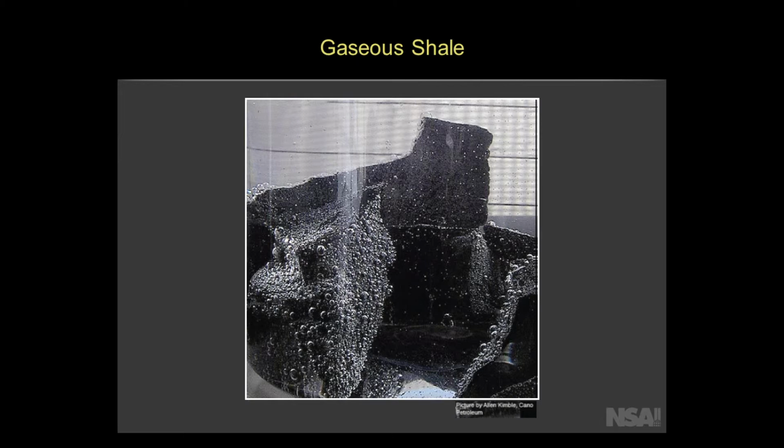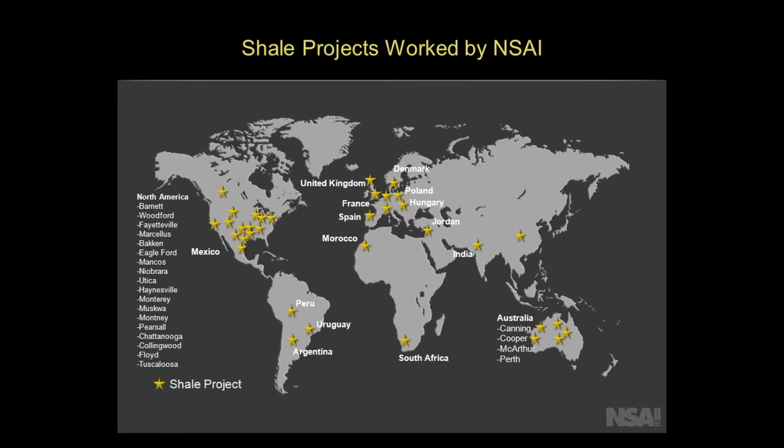And this illustrates that there is a lot of gas sitting in the shales, and because of the low permeability of these reservoirs, an operator wouldn't be able to produce this gas without performing some sort of fracture stimulation, without inducing permeability. So this map shows the various locations of shale projects that Netherland Sewell has had the opportunity to evaluate